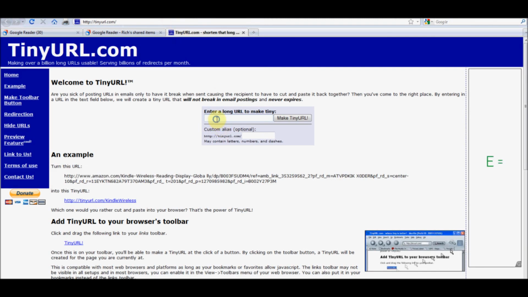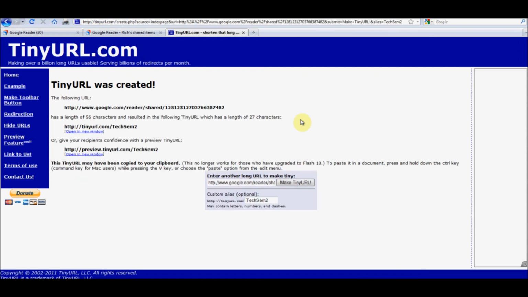I'll go out to tinyurl.com, and I will simply paste this in here like that, and I will give it the URL. I often will use a custom alias in recreating the URL here, and I usually base it around the name of my course. So let's say I'm using this for Tech Sem 2. I'll go ahead and choose Make Tiny URL, and if that link is available, which it is, it tells me that my tiny URL was created,